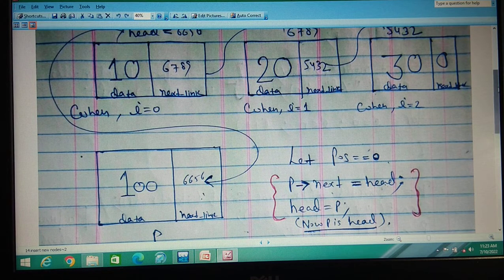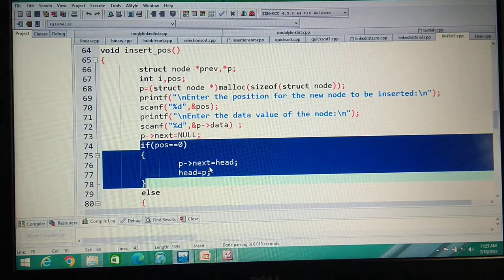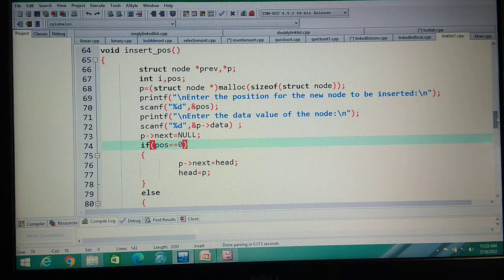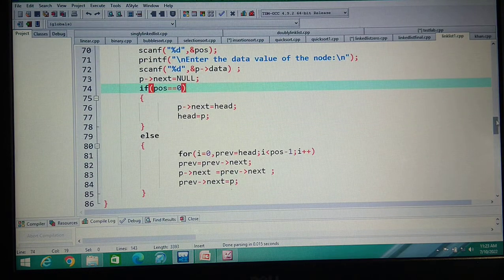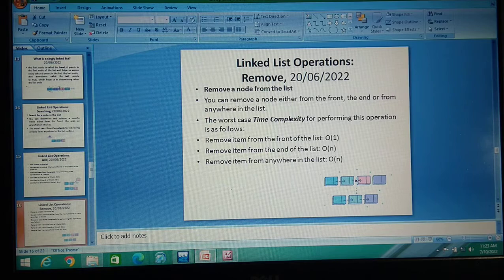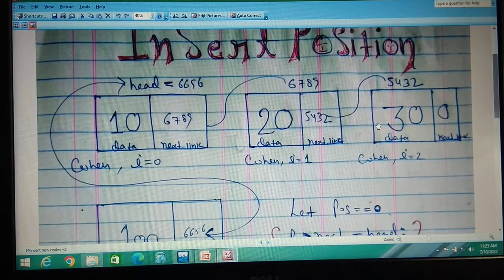Now suppose your examiner asks you to insert a node at any position or at last. It totally depends on you. So what will you write? In this condition, suppose the examiner asks you to insert a node at last, and there are only three nodes.